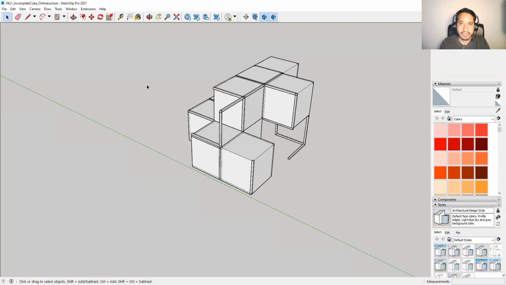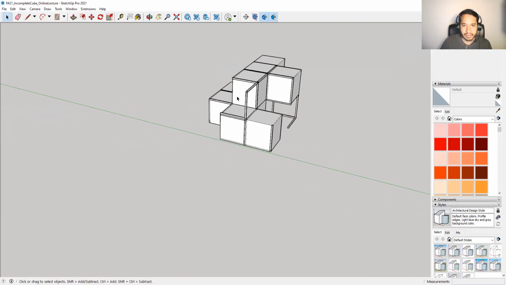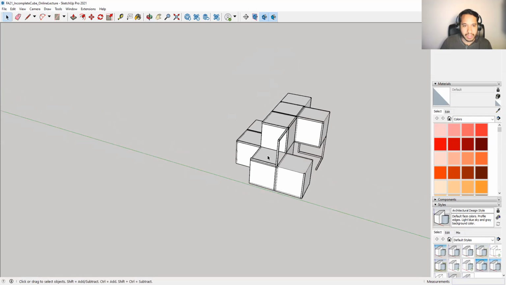We pretty much start over from scratch in a way, but we have something to model and something to reference, which is this massing that we've already created. So what I'm going to do next is not edit what I've created. I'm going to copy what I've worked on over here and actually start modeling it